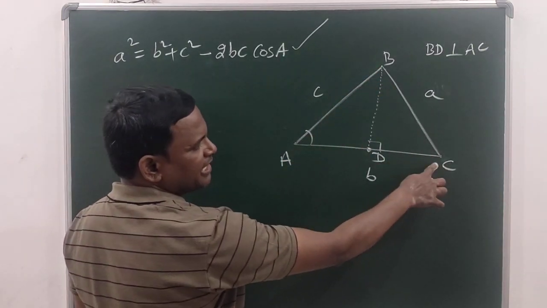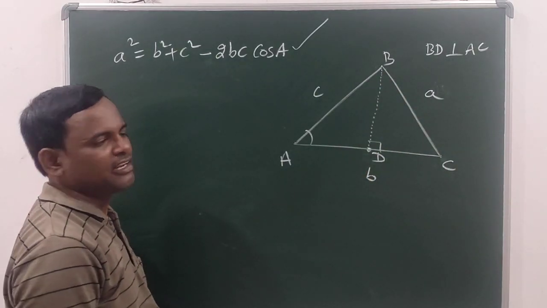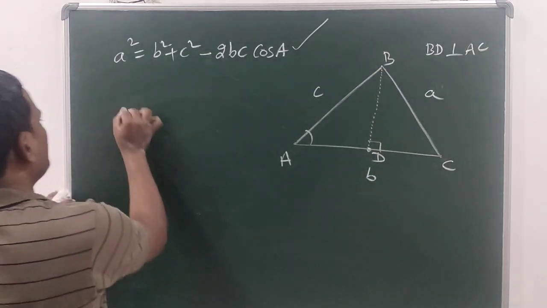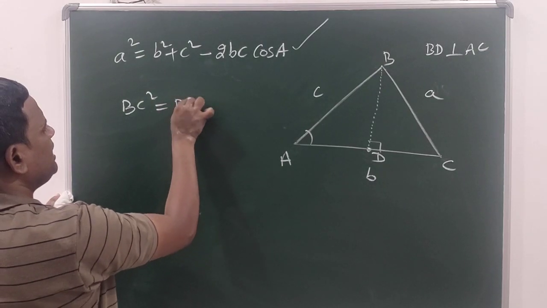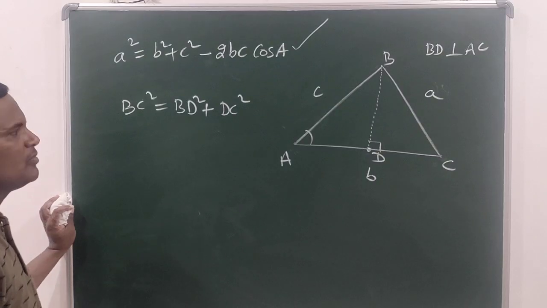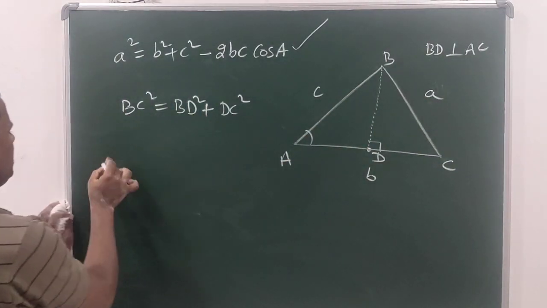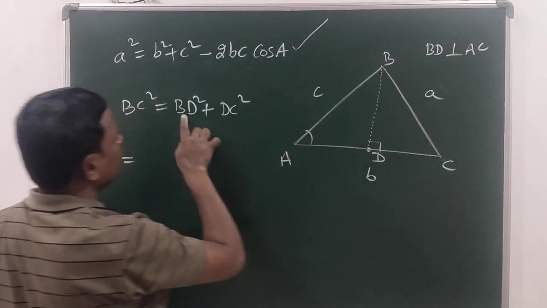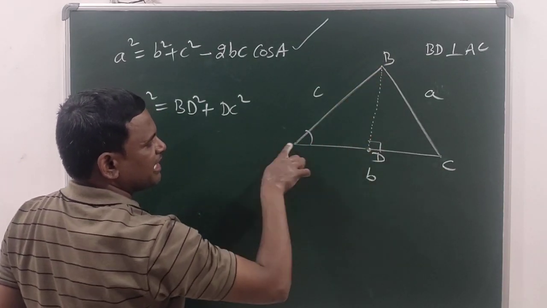Take triangle BDC and apply the Pythagoras theorem to it, in which the hypotenuse is BC. Now BC square is equal to BD square plus DC square. Now BC is nothing but small a, no? Now replace BC by small a, so a square plus BD square. So in place of BD, students, take this triangle,